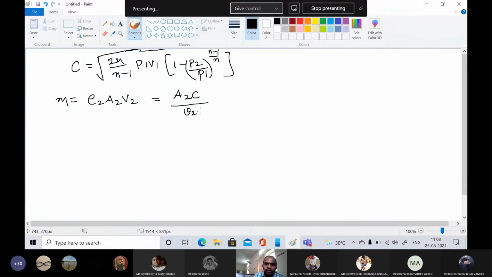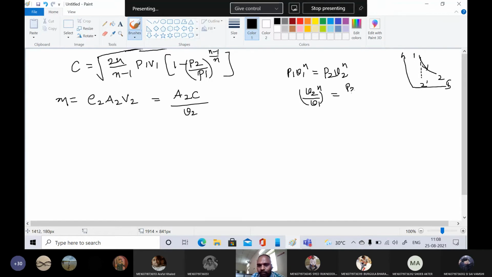So now what is V2? V2 is the specific volume at outlet. So P1 V1 power n is equals to P2 V2 power n, because I am assuming the process of expansion is polytropic. 1 to 2 is the actual expansion and 1 to 2 dash is the isentropic expansion. So I am eliminating V2 and writing in terms of P1 and P2. So V2 by V1 whole power n is equals to P1 by P2, and from this V2 is equals to